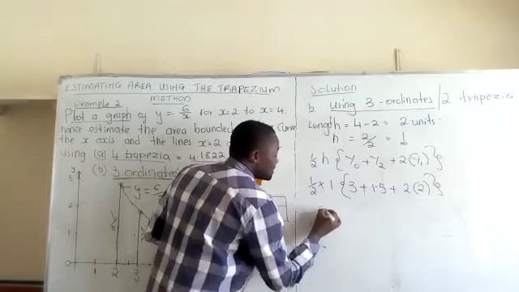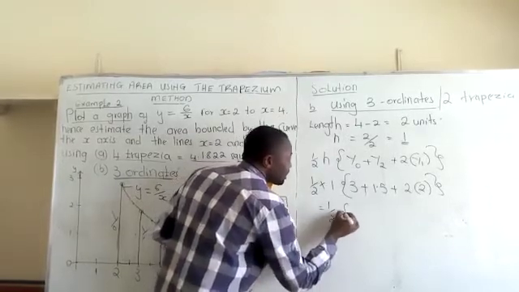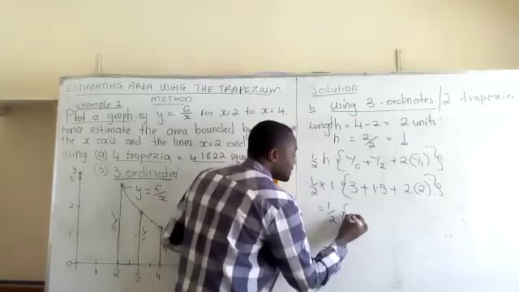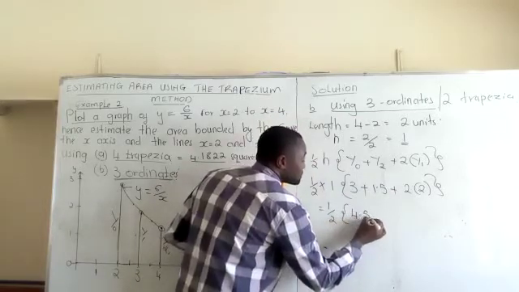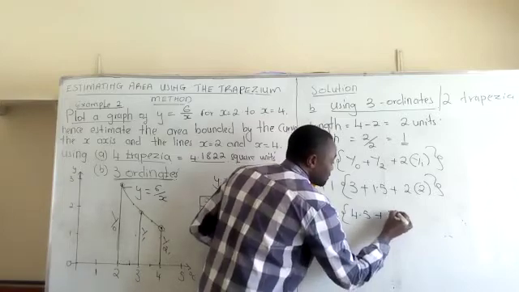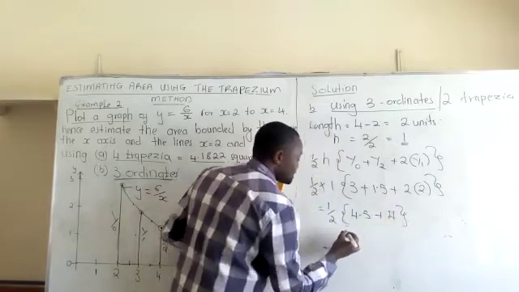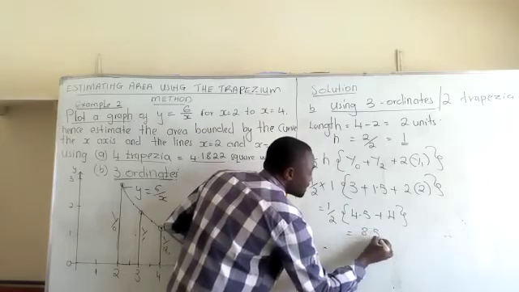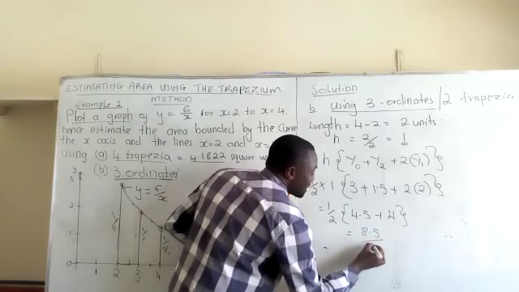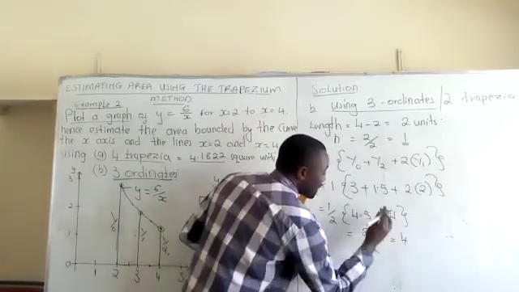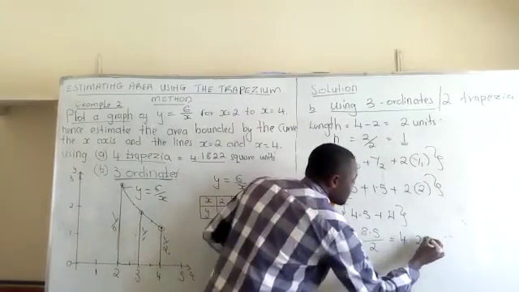And that gives us a half of 3 plus 1.5, that gives us 4.5 plus 2 times 2 to give us 4, and this will be 8.5 divided by 2, which is 4.25